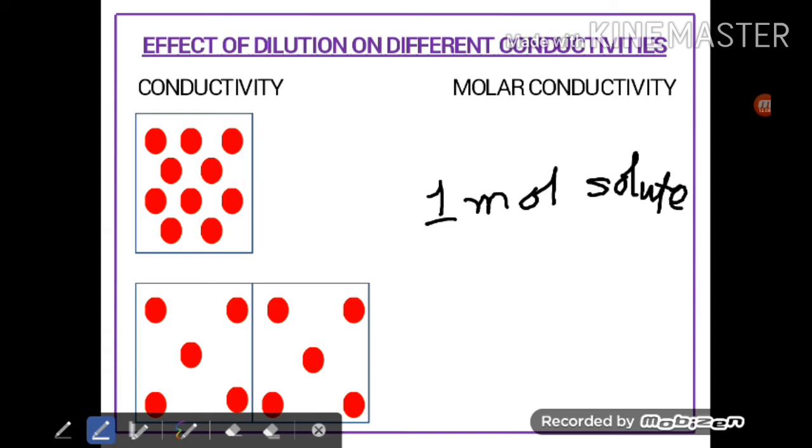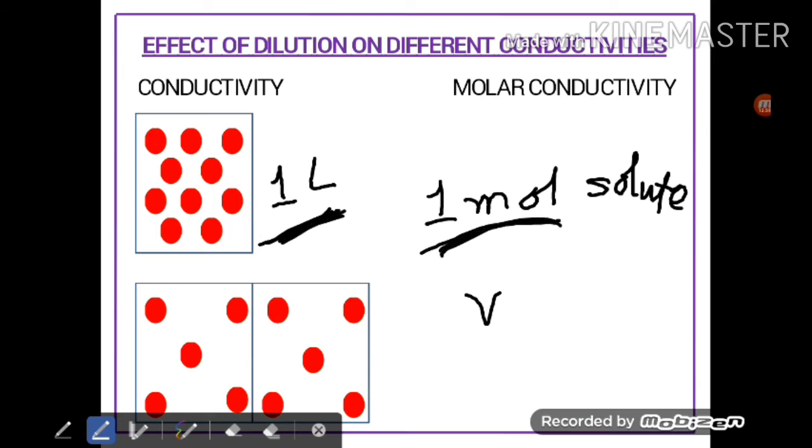If 1 mole of solute is dissolved in V liter of solution, then the conductance is molar conductivity. Here remember this thing: conductance of 1 liter of solution is conductivity and conductance of 1 mole of solute is molar conductivity. So here the important thing is volume, and here the important thing is